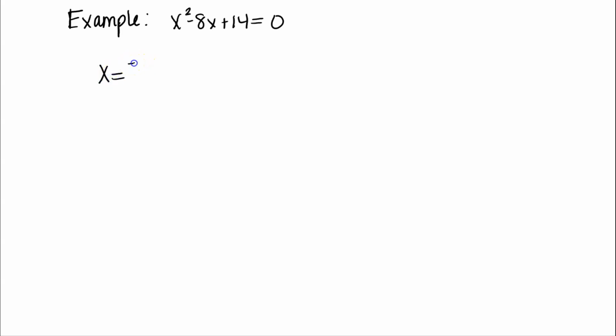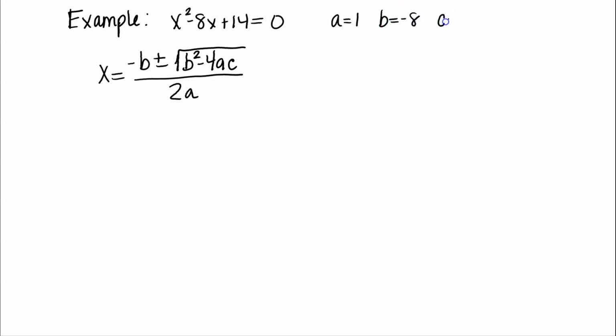So x equals negative b plus or minus the square root of b squared minus 4ac all divided by 2a. So I'm going to identify my a, my b, and my c. So in this case, a is 1, b is negative 8, c is 14. So I'm going to substitute in those values. Now you do have to be cautious. The formula starts out with negative b, so when I substitute that in, I have a negative 8 plus or